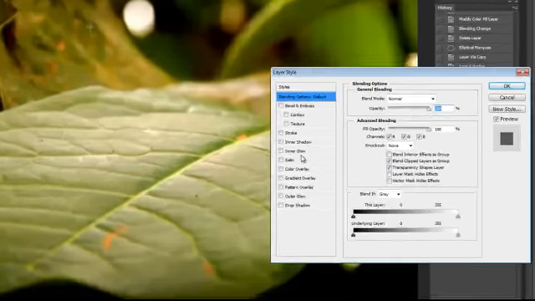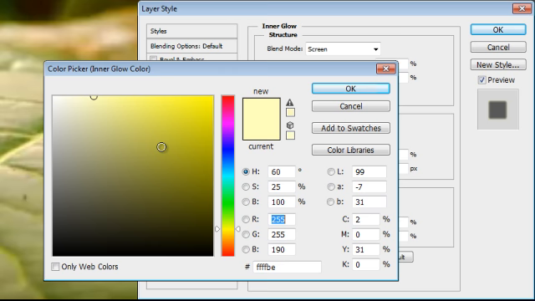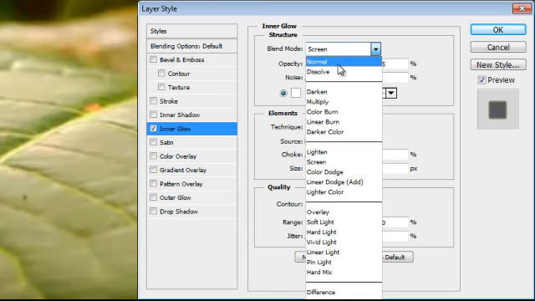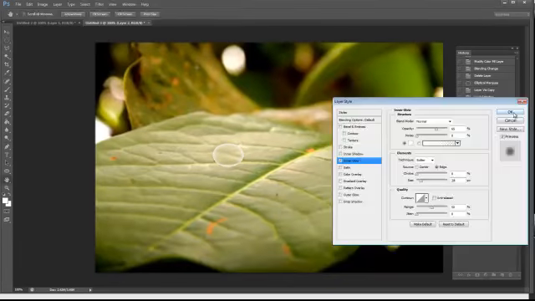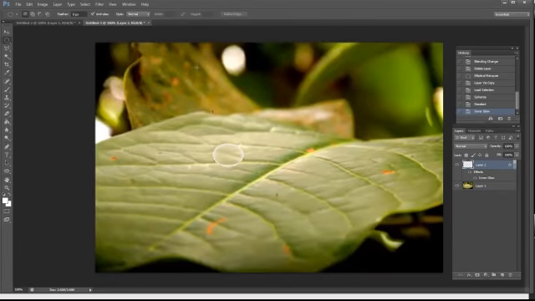Select inner glow, color to white, blend mode to normal, opacity to around 65. The size to around 20, between 21 to 25. We make it 20. Click OK. And now what we need to do is we need to give our elliptical shape a